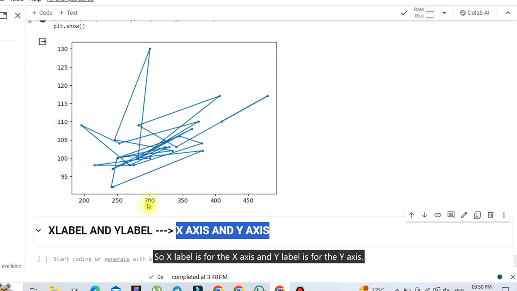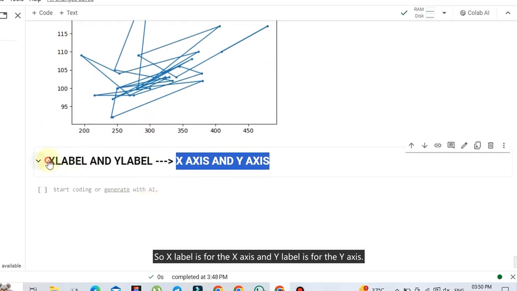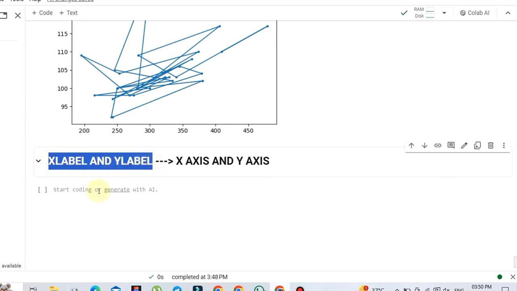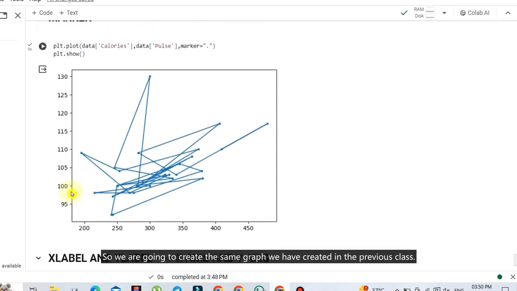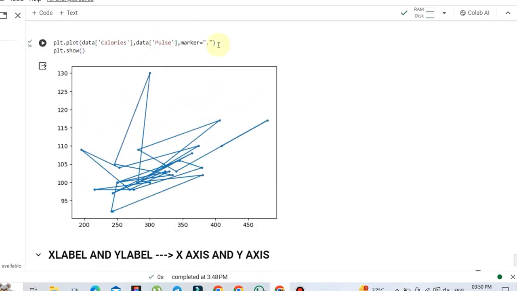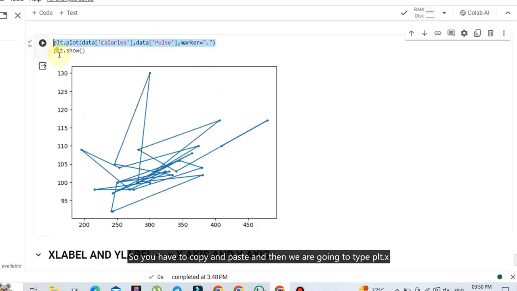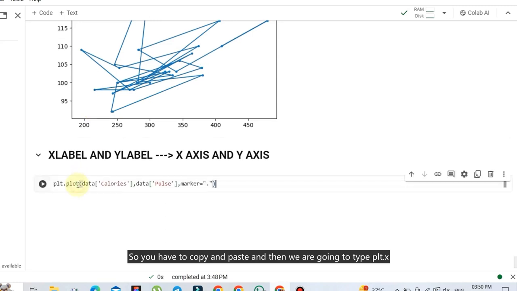So x-label is for the x-axis and y-label is for the y-axis. So we are going to create the same graph we have created in the previous class. So you have to copy and paste and then we are going to type